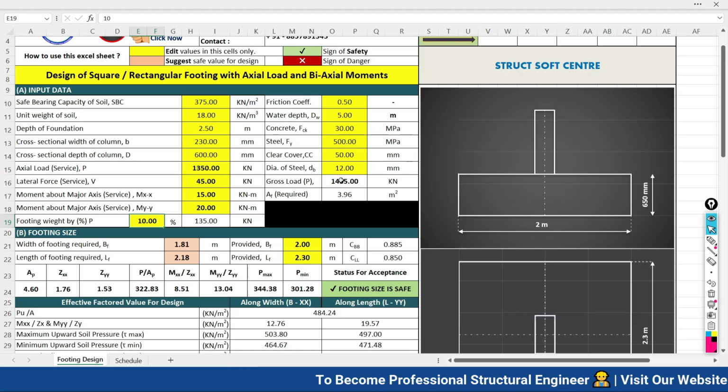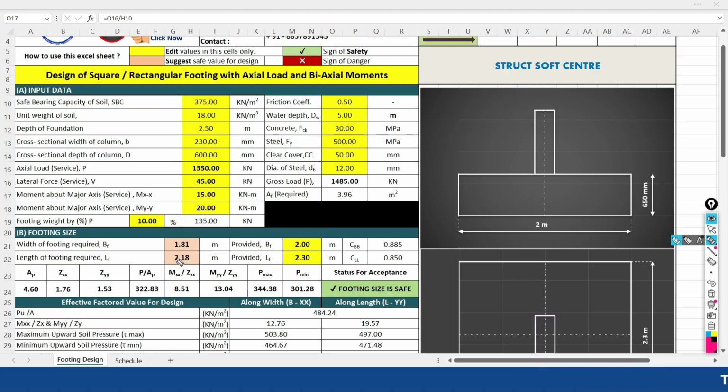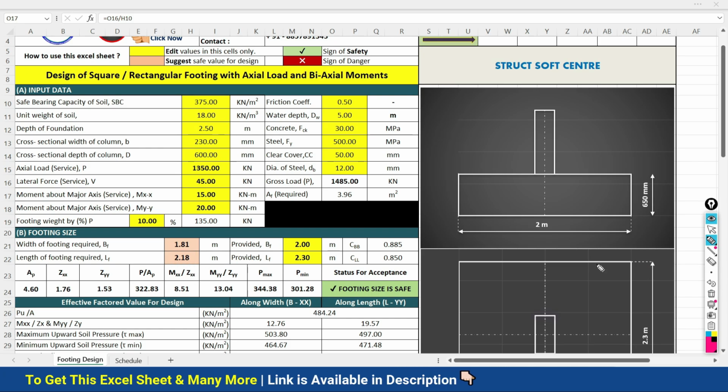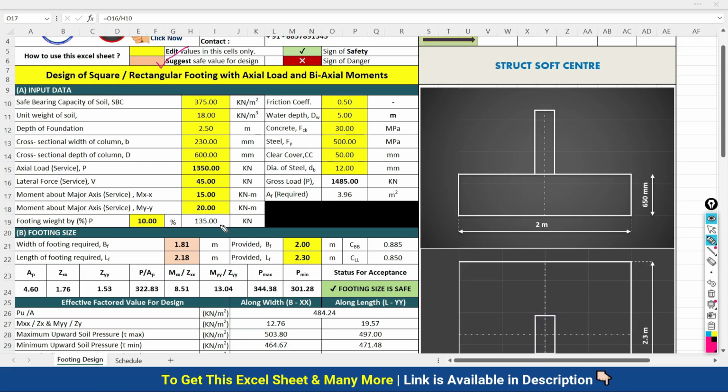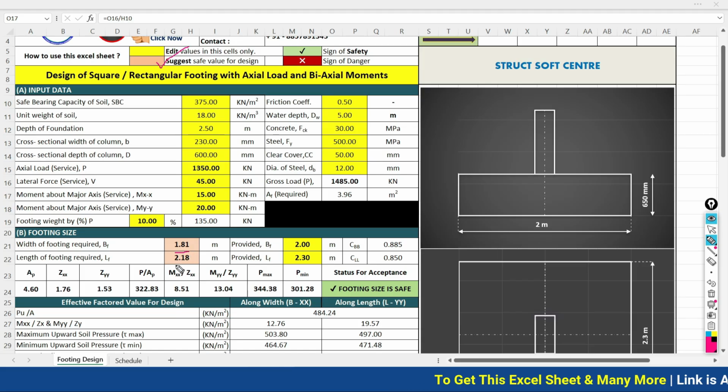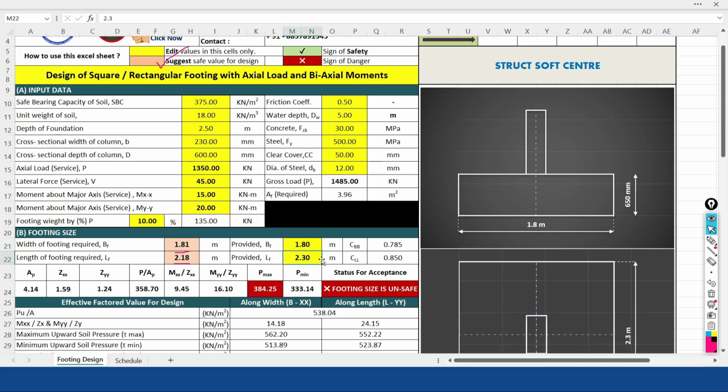So here we are getting gross load and area requirement. We don't need to focus on all of these things. We just have to look at what size of the footing is required. So the width of the footing required is 1.81 meter, and the length of the footing required here is 2.18 meter. But you know, this orange color cell will suggest to you the safe value. So it is suggesting what width of the footing should be considered, what length of the footing should be considered. So 1.81, I will try to take it as 1.8, and I will try to take it as